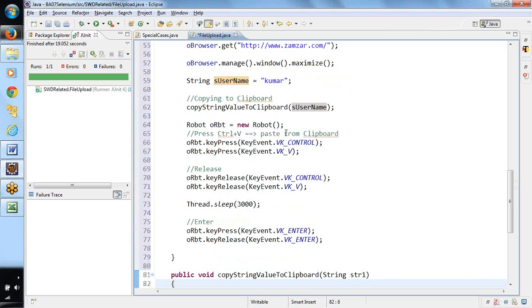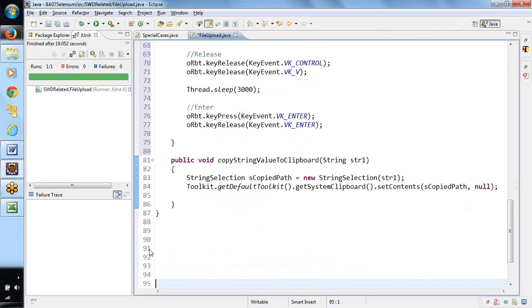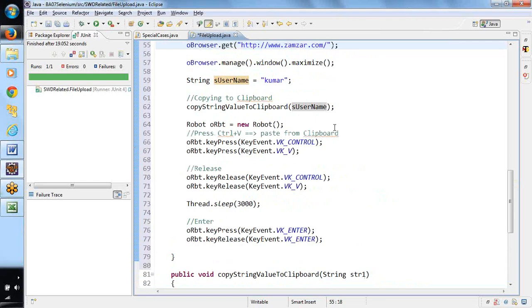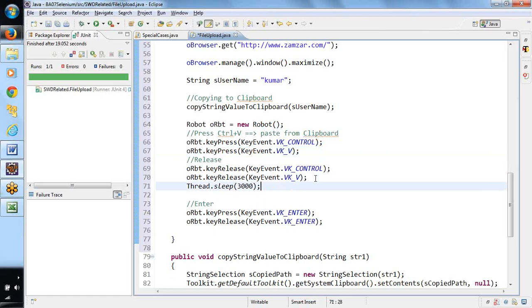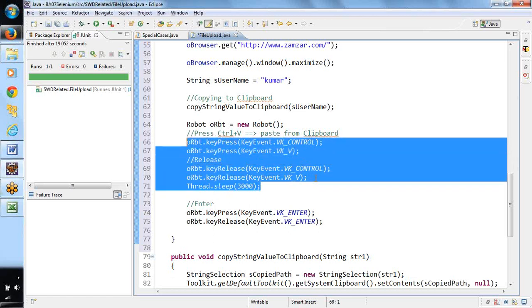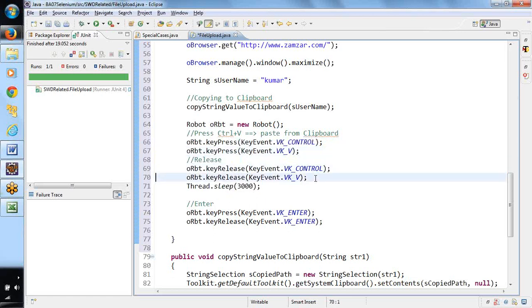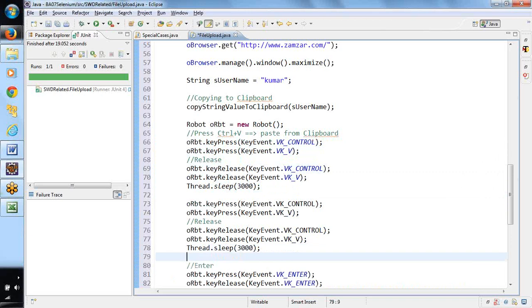Maybe for this we need another function here. I'm trying to make it generic. I hope you are able to understand what I'm trying to do here. If you don't understand, you can just keep all this logic here. Press Ctrl V, paste from clipboard. This is for username.